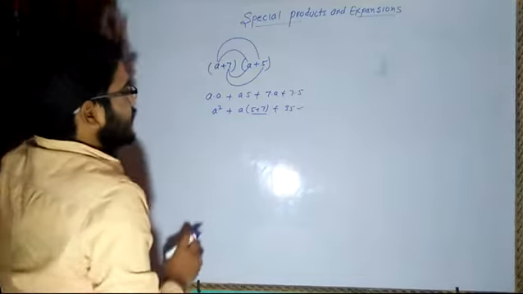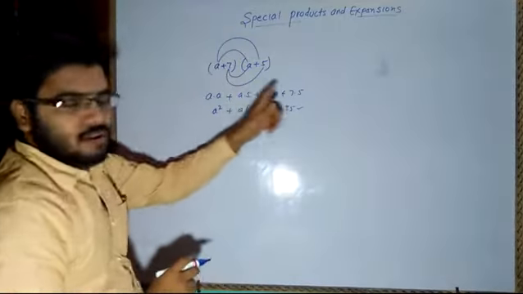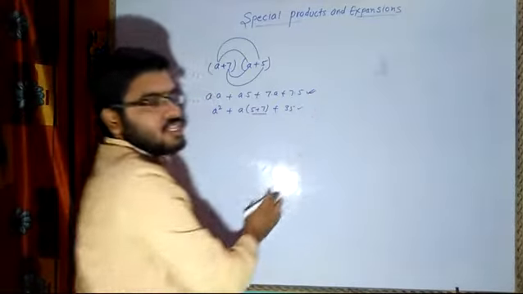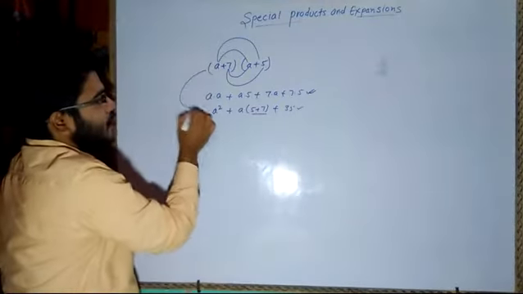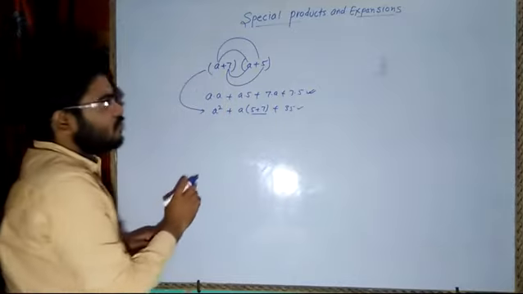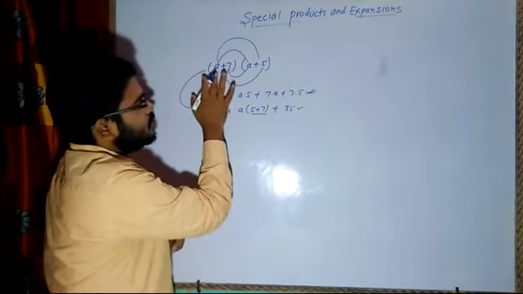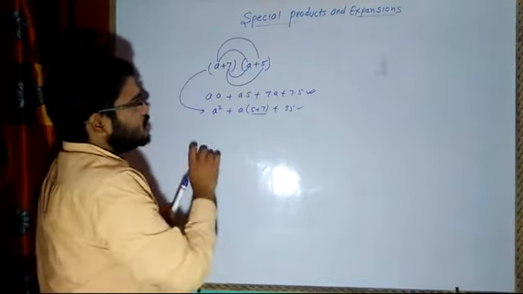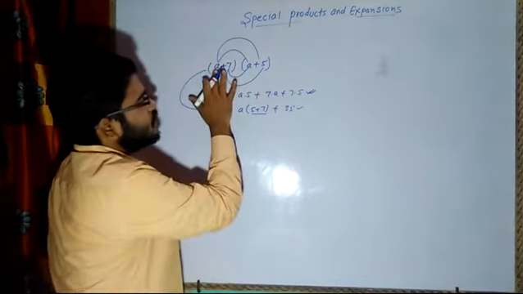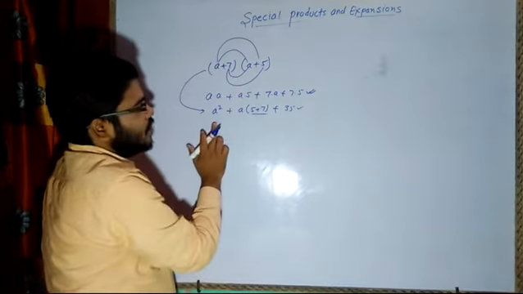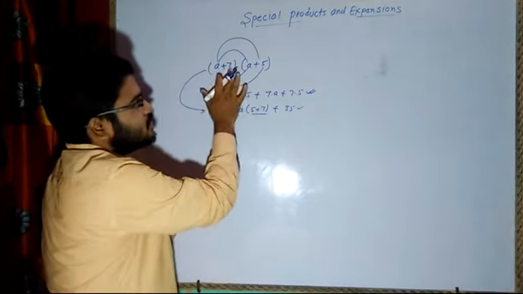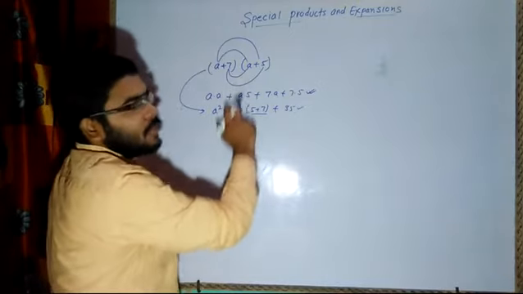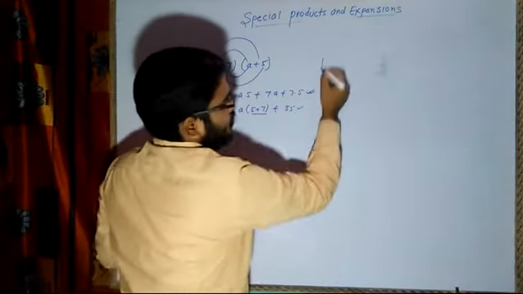So indirectly, if we expand in the general way, we will be following this procedure. But according to the name of this chapter, what we are going to look for is that the variables are the same and the constants are different. If constants are different, then the same variable we will write as a square, plus the sum of the constants multiplied with the variable, plus the multiplication of the constants.